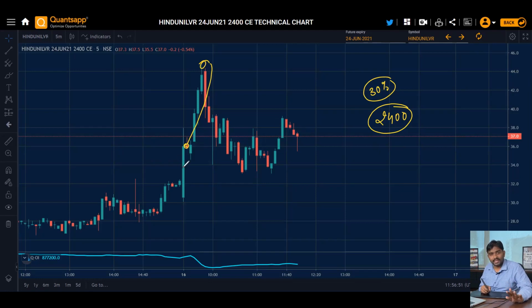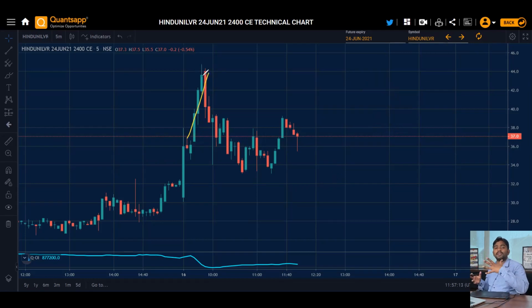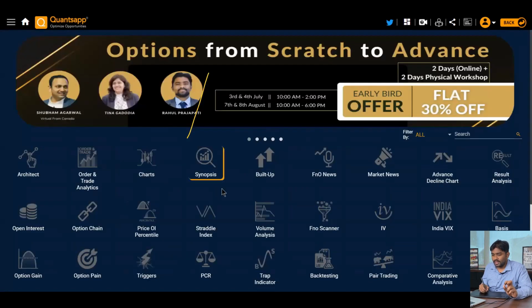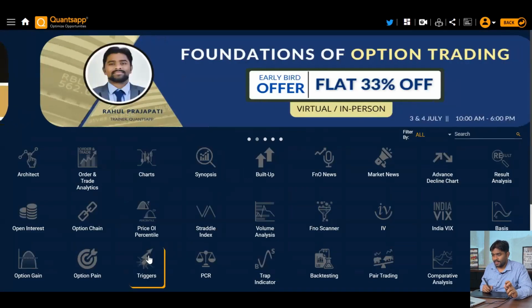So first check if we are receiving orders at the current market price. If yes, and that is higher than the usual orders, that means there is a panic in the market. When there is a panic in the market, people will be exiting at the current market price, and that exit at the current market price will push the price up. This short covering will make the price jump up. So this is the trade we are looking for as of now. I think this is clear. We'll try to see more examples.